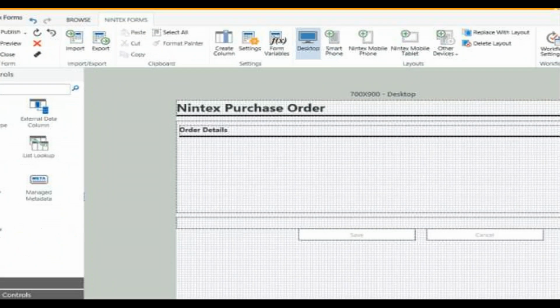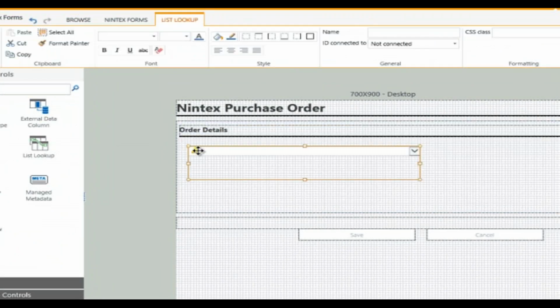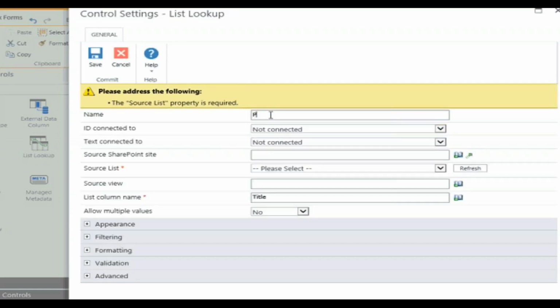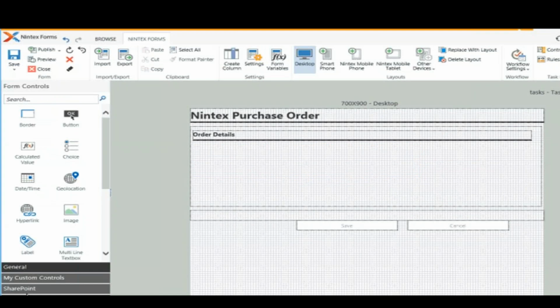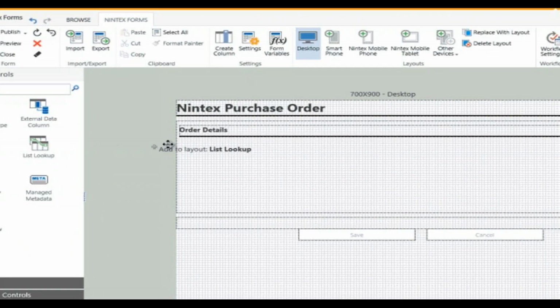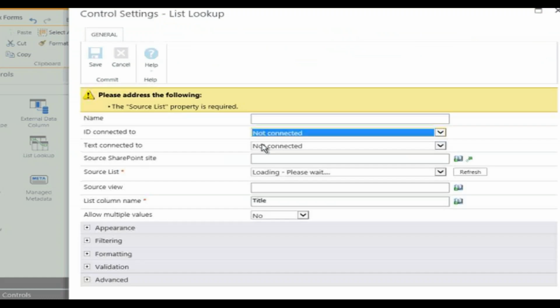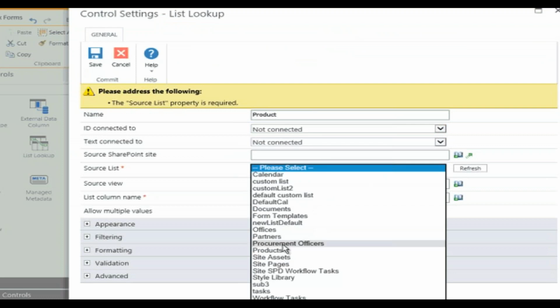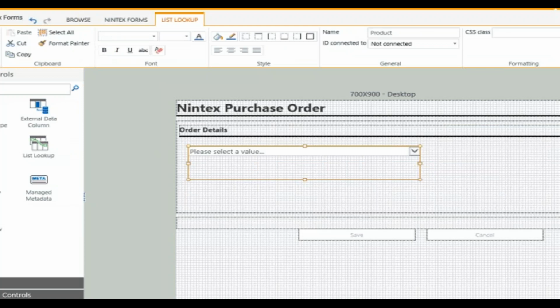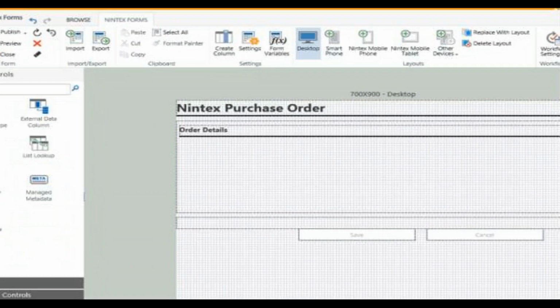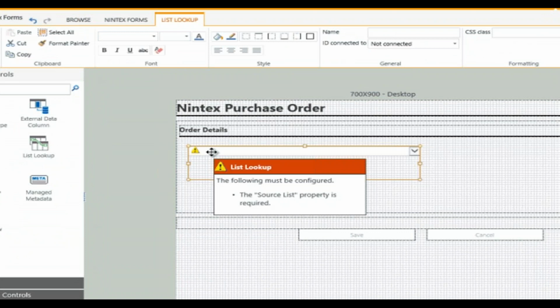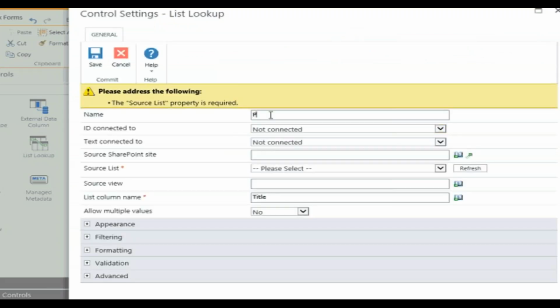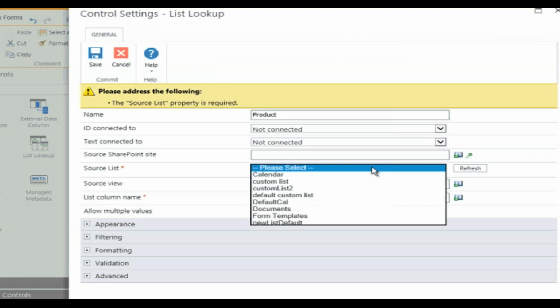One of the other things you're able to do is create list lookups. So for example, you'll have a SharePoint form, which you're able to link fields to your SharePoint list. In the example on the screen, a person is creating a purchase order. What they're trying to do here is link it to a SharePoint list which has all of the approved products for that organization. Similarly, you can use one for your resource library or your role library.